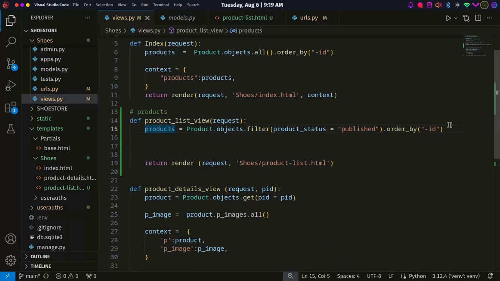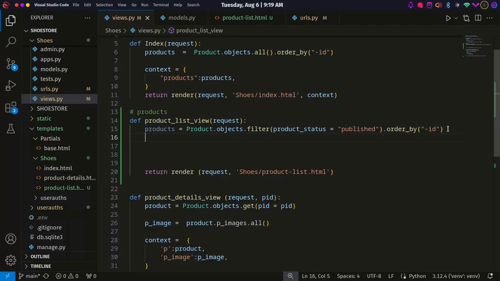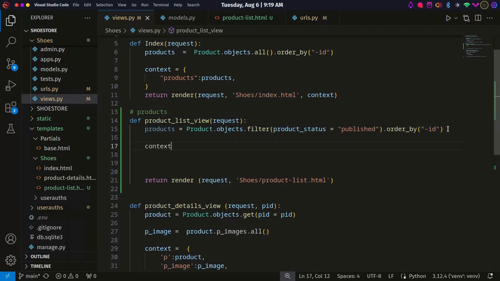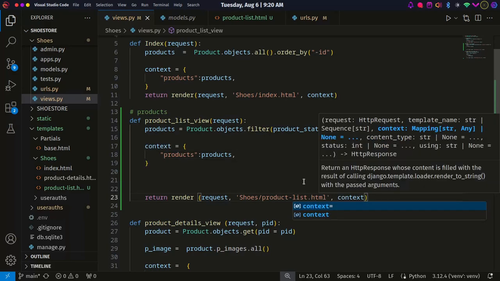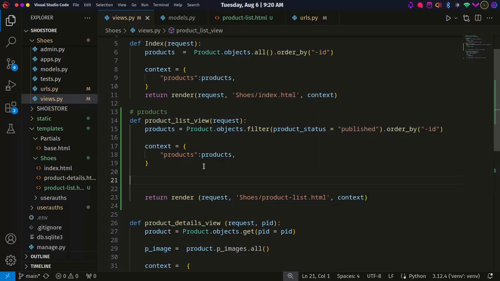So to do that, just pass context is equal to, then I'm going to say products, like that. Then I'm just going to pass context here. Then we are going to use this product name to get all these products from here. So to do this,